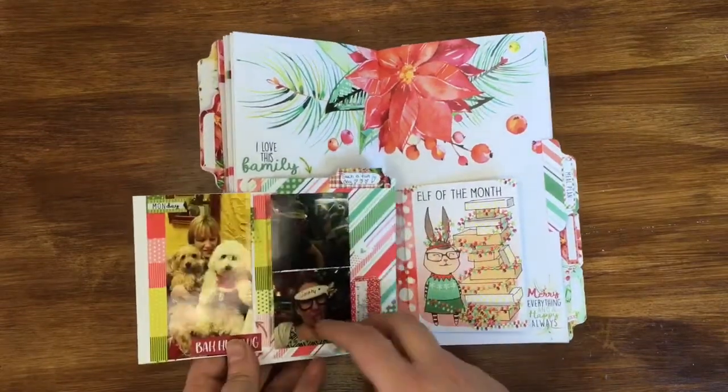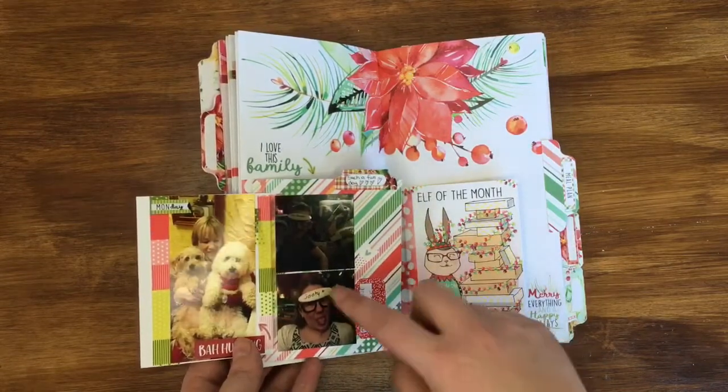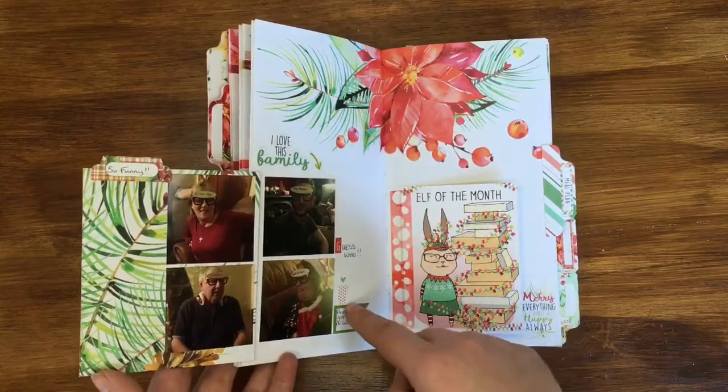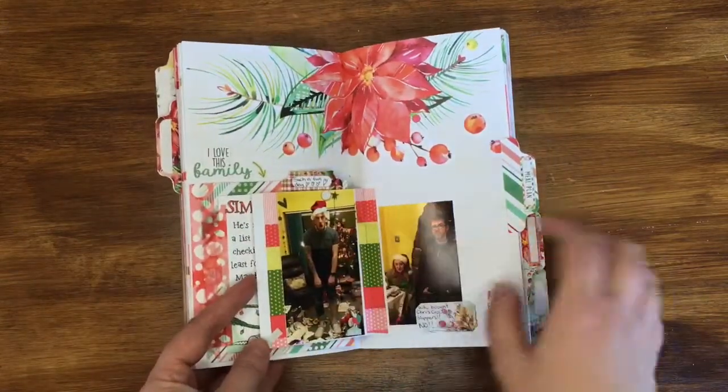So the top ones, that's my mother-in-law and the puppies who were not in a Christmas spirit, and then we all had a game of Guess Who, so that's all us, my mum, my dad, everybody kind of playing Guess Who. And then on this side I've got my brother and his fiance, and Chris pulling a stupid face because